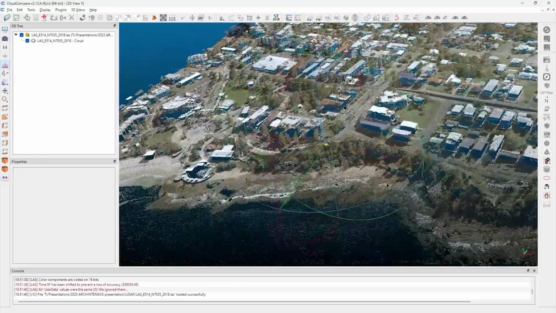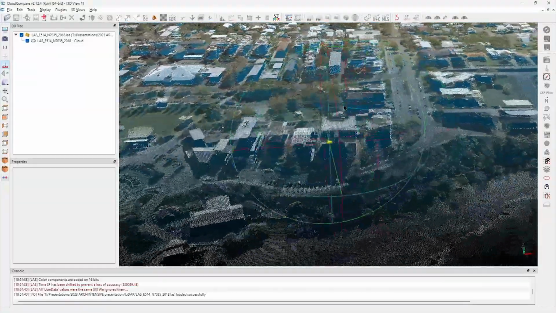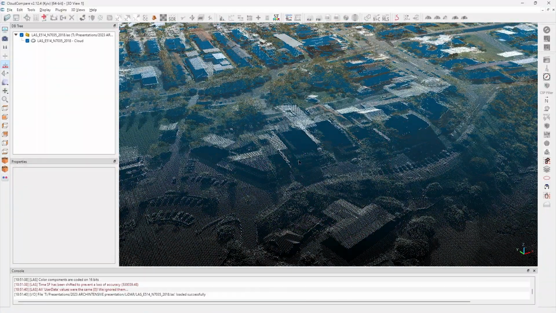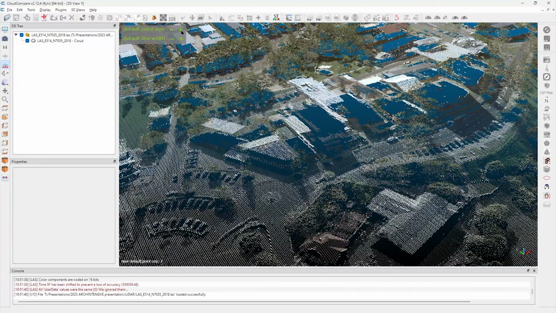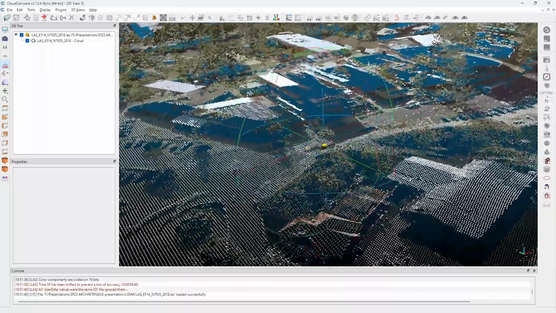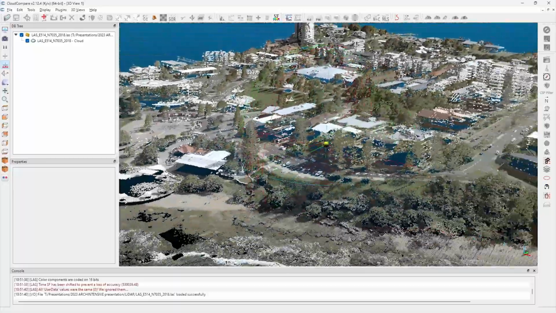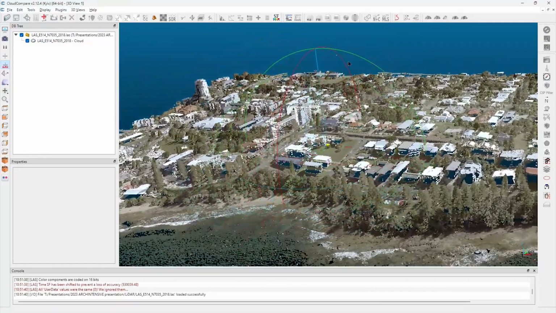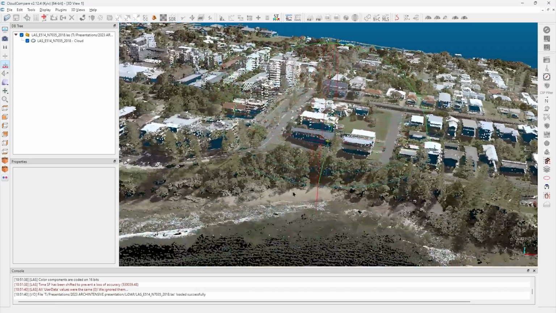It's a 1 kilometre by 1 kilometre tile of the Sunshine Coast. And it's taken by an aircraft with about 4 points per square metre that are shot down, infrared laser. From each of those, there are multiple returns, which is why we get more than 4 dots per square metre as returns. And that data is then fed into some fairly powerful algorithms, which classify the data for us,